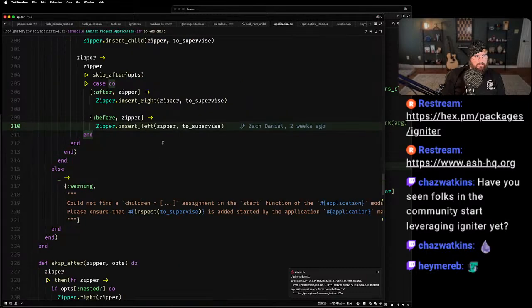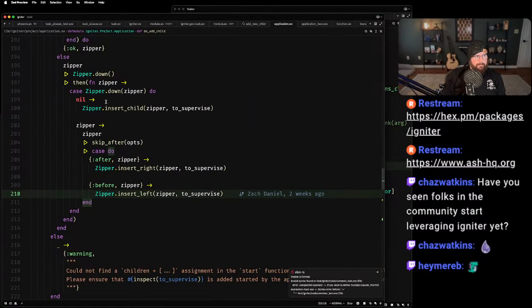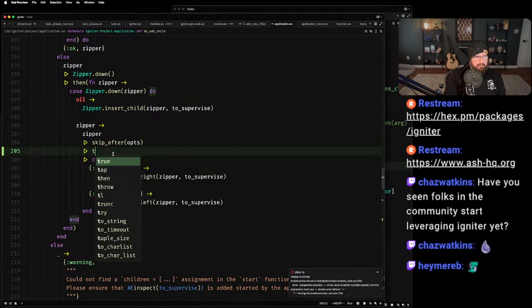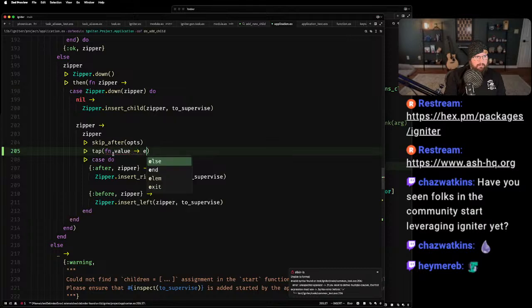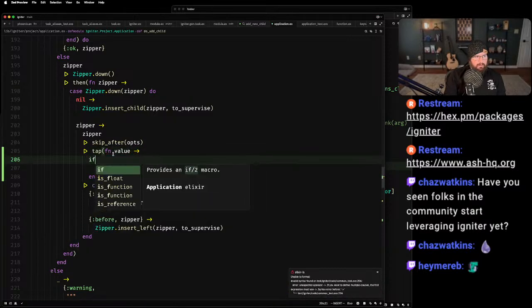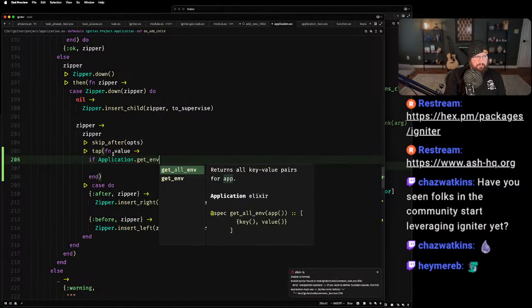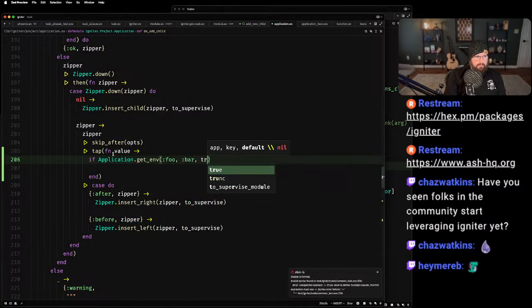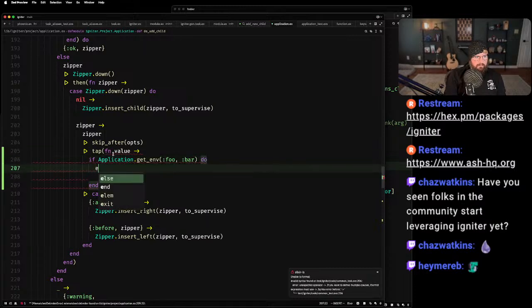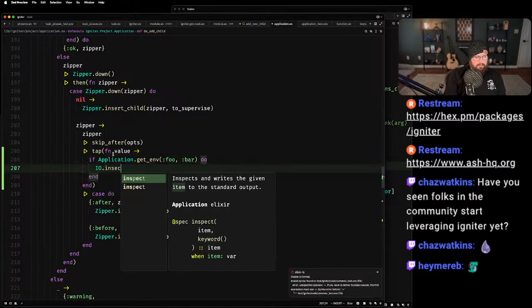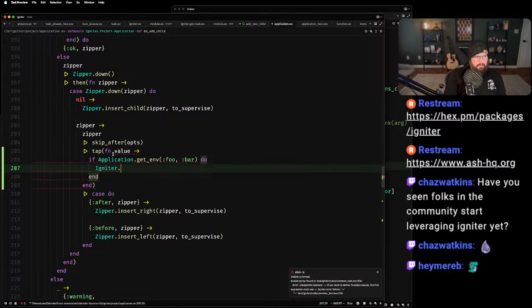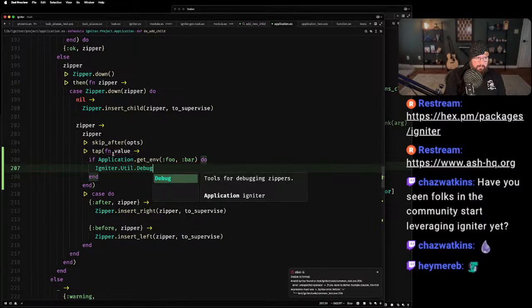So now if I go to here, let's see what this is, and then we'll say if Application.get_env foo var, do Igniter.Util.Debug, let's code it up.